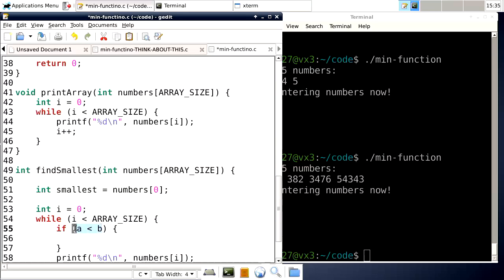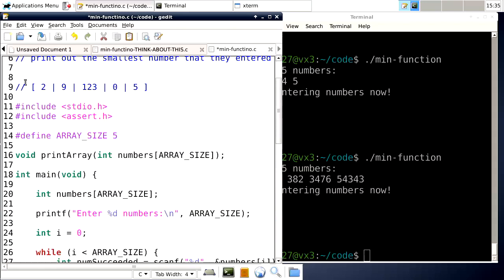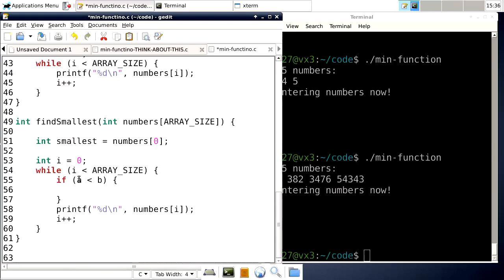So what do I want to check here? If what is less than what? Thinking back to the process that we'd go through, we're looking at 2. We haven't seen any other numbers, so 2 is the smallest one so far. We're looking at 9. Is 9 smaller than 2? No, it's not, so we move on. So how do we do that check? How do we check is 9 smaller than 2? Yeah, if numbers i,